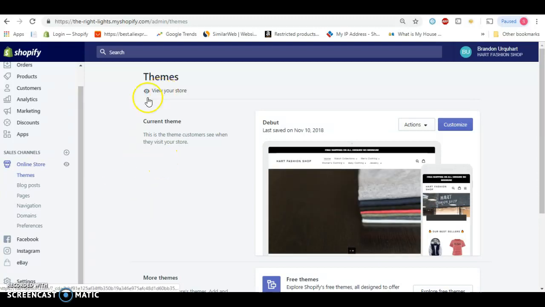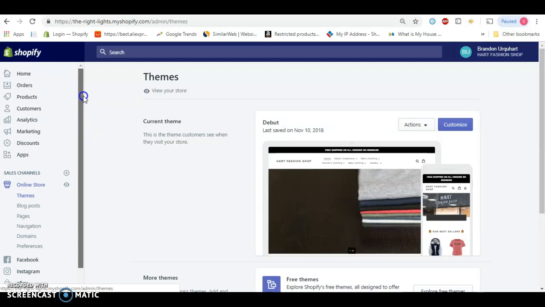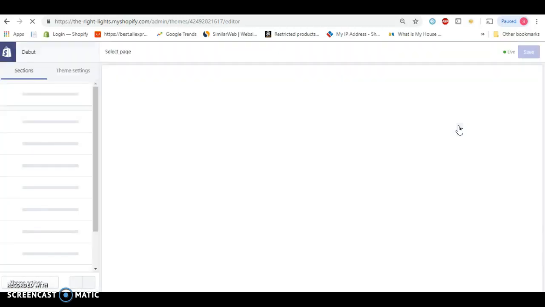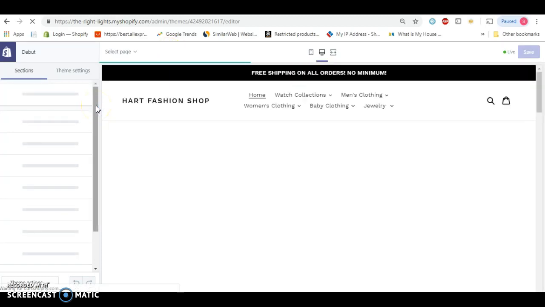website. So once you log into your Shopify store, you are going to see online store on the right hand side, and then you're going to go to themes. It's going to take you to a page that looks like this. What you're going to do is go to customize. All right. And then once you go to customize, you're going to be taken to a panel that looks pretty much like this. And I'm basically going to show you how to build everything, how to add the sections and